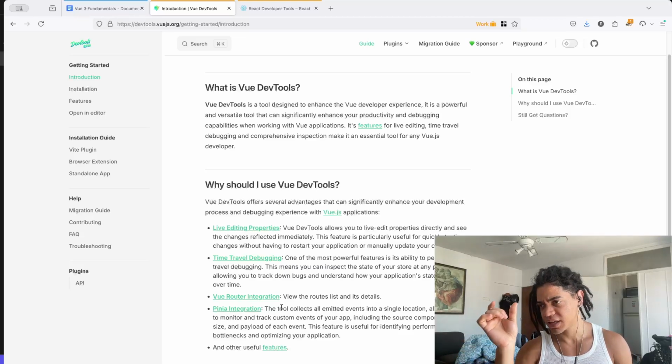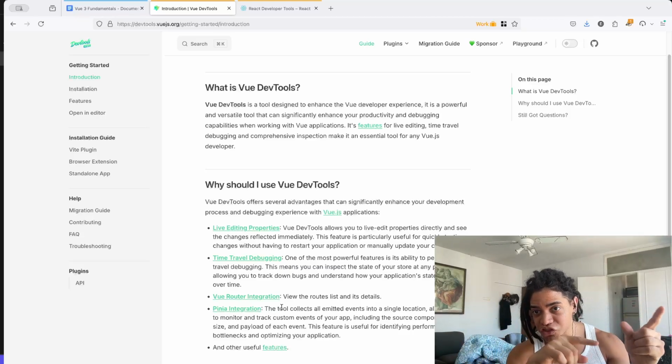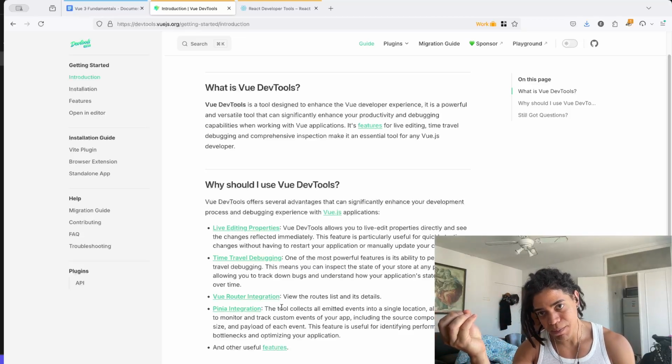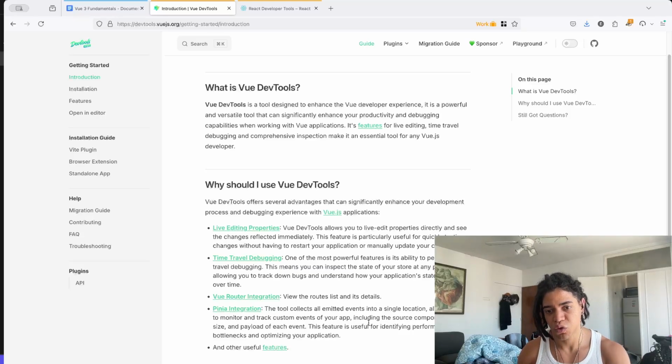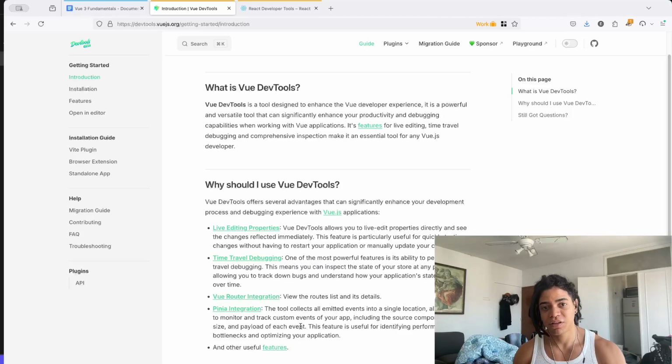But the TLDR is that it provides you live editing properties, so you're going to reflect those changes live. Time travel debugging, which is thanks to the state management here, they're using Pinia for that. Okay, the tool collects all the emit events into a single location, allowing you to monitor and track custom events of your apps, including the source component, name, size, and payload of each event. The feature is useful for identifying performance bottlenecks and optimizing your application. But these are the essential features of this, right? And all of this